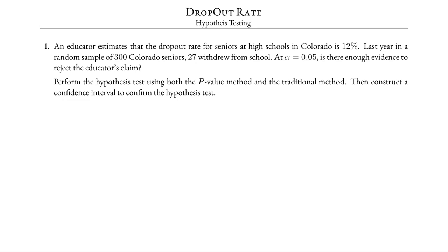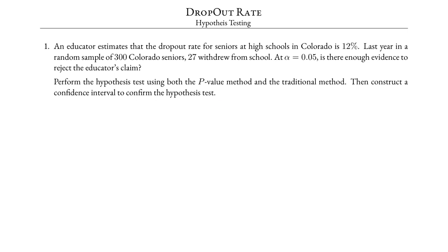An educator estimates that the dropout rate for seniors at high schools in Colorado is 12%. Last year, in a random sample of 300 Colorado seniors, 27 withdrew from school. At a significance level alpha equals 0.05, is there enough evidence to reject the educator's claim? Perform the hypothesis test using both the p-value method and the traditional method, then construct a confidence interval to confirm